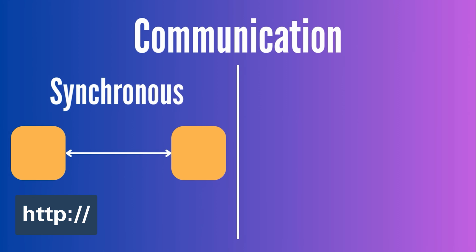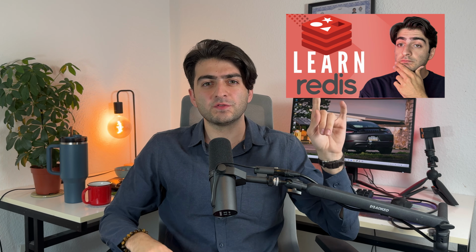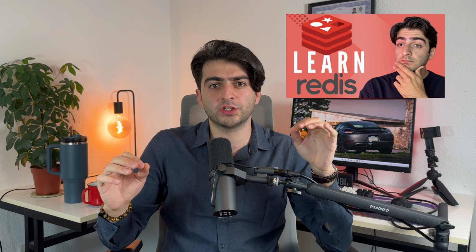About the means of communication. Well, we have 2 ways. The first one is synchronous, like HTTP, like gRPC. And the second one is asynchronous, like publish and subscribe, like queues. For this type of communication, we have, for example, Kafka, we have RabbitMQ and NATS. I've already talked about these 2 ways of communication in this video. I had a very brief mention of it.